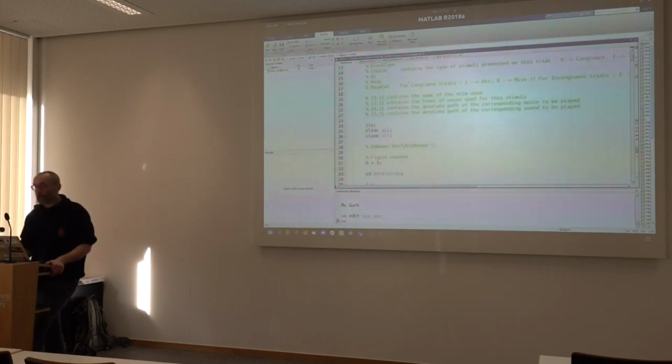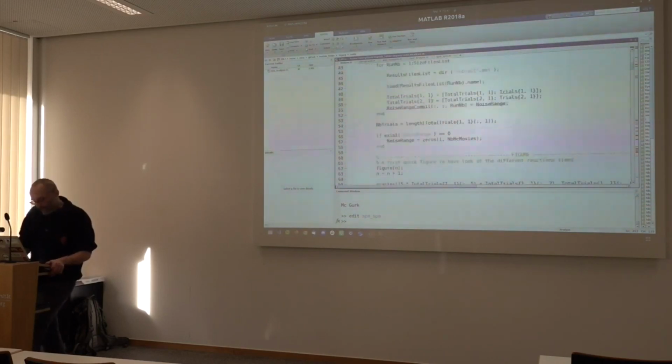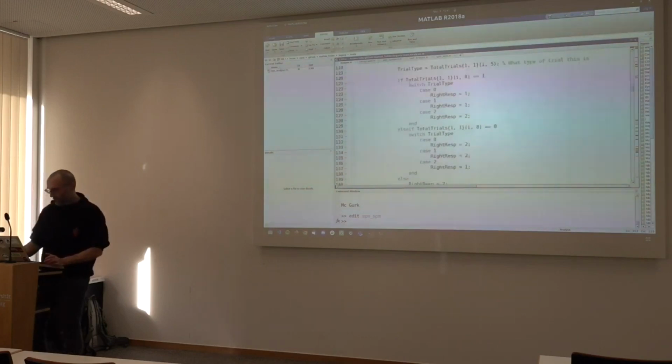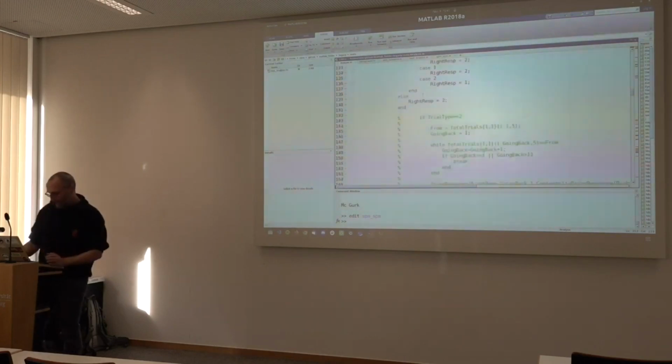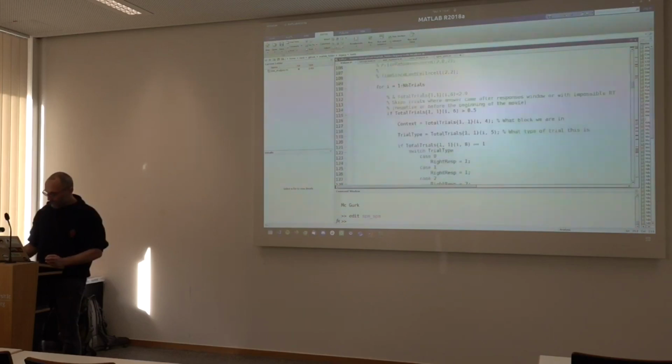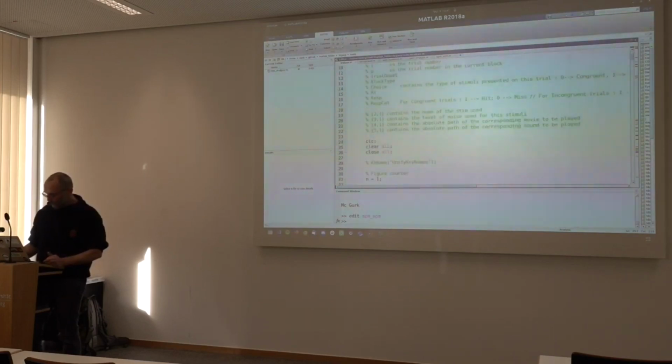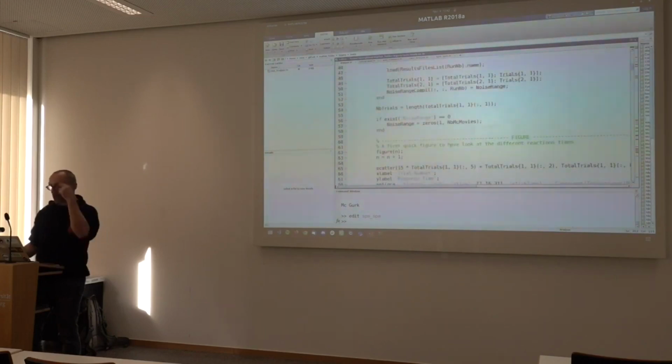Also, another reason for that is that, I think I have it, let me give you an example. Where is it? Oh yeah, I think it's at the very top here. For example, 0 is a congruent trial, 1 is incongruent. So when we talk about trial type now, every time you have to keep this information in your head.